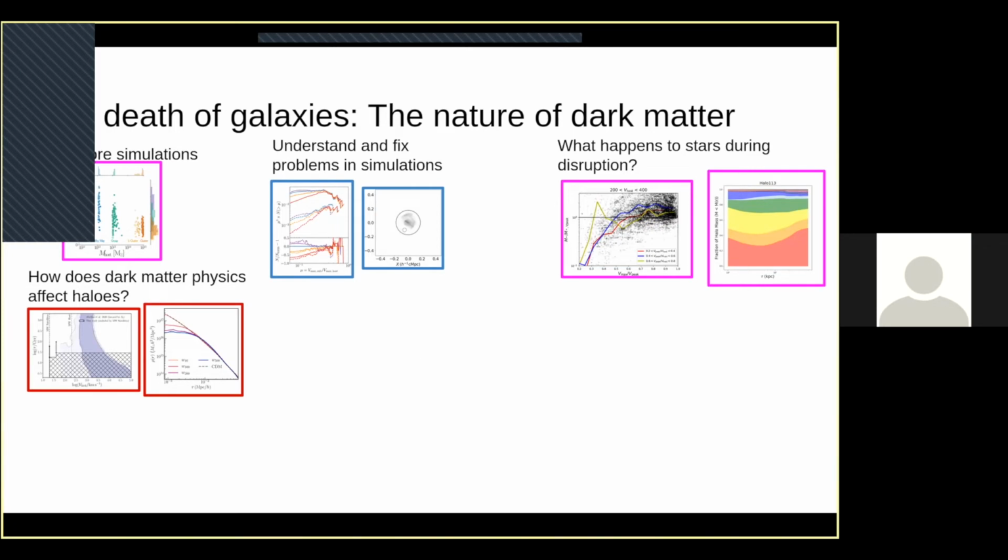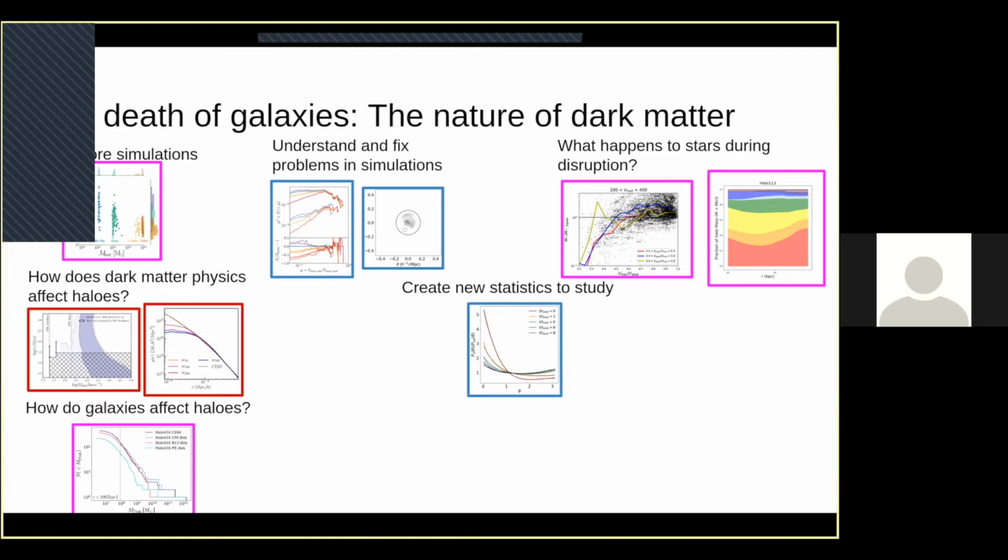You could do the thing that we talked about on the previous slide. You could see how changing the dark matter physics could affect the properties of halos. And you could create new statistics to study. You could say, well, we really need to not just look at the number of dots that we have here. We need to think more about how they're related, because that can change between different types of dark matter.